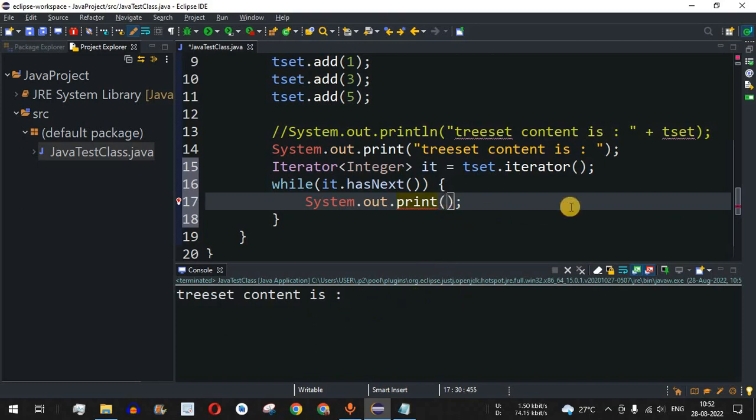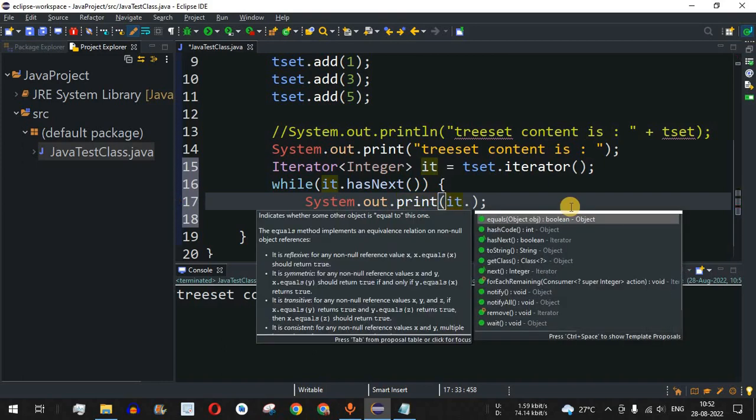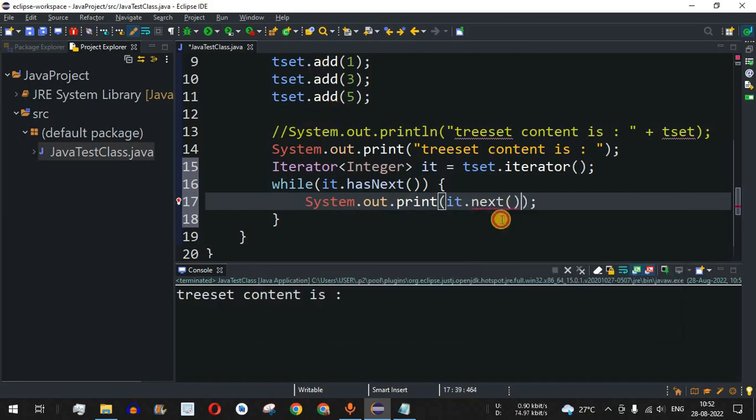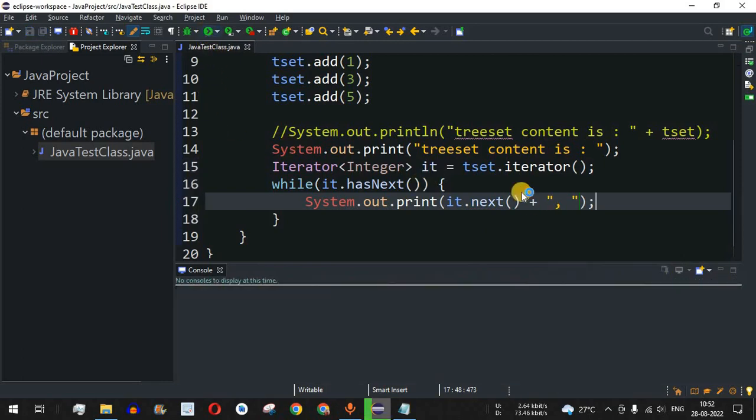So guys, over here we are going to use the it, that is the iterator dot, we have something called next as well. So guys, these are two of the most important functions that you can use in the iterator. First is hasNext, which is going to check whether there is a next element present inside the iterator, and there is a next method as well, which is going to return the next value present inside this set. So I'm going to use this method, and then we are going to separate all the values using the comma. Let me just save this file and try running this code now.